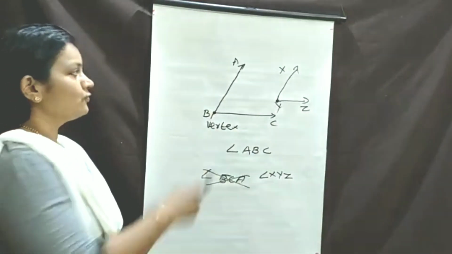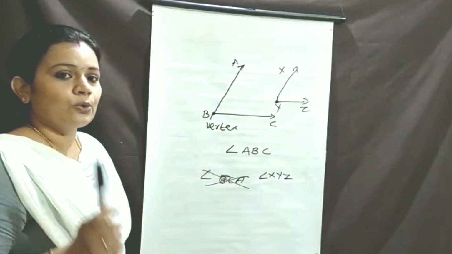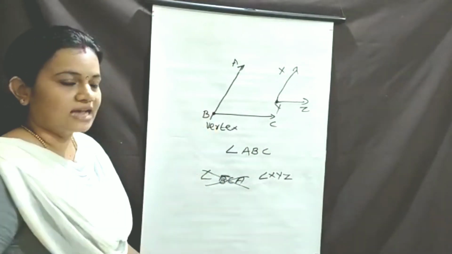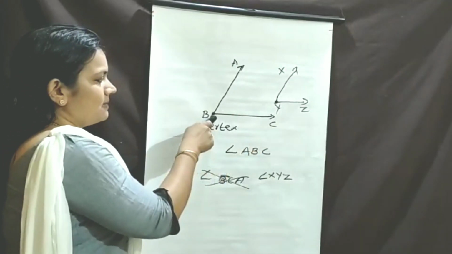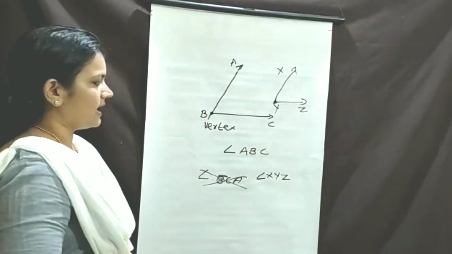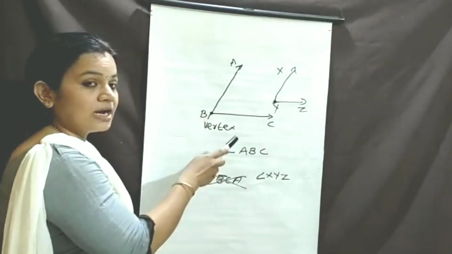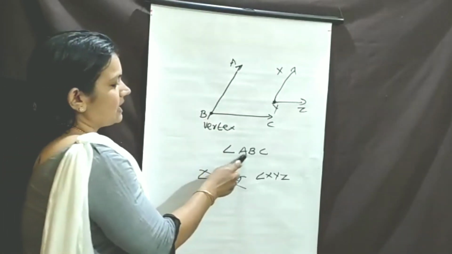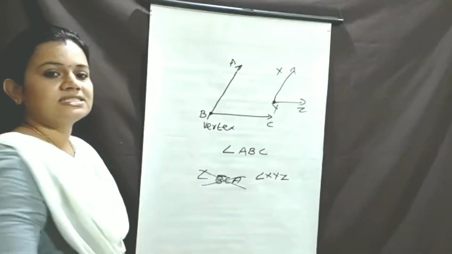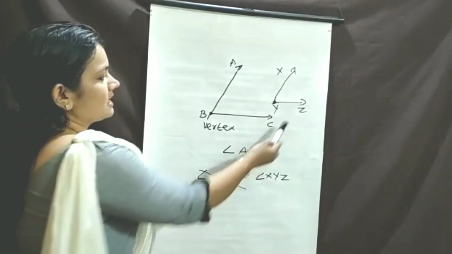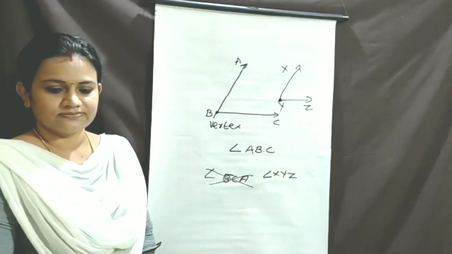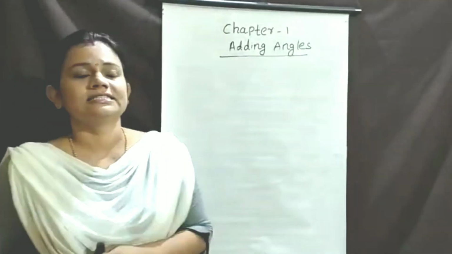Then how do we form an angle? The angles are the union of two rays with the same end point. Simply we can say two rays meet at the same end point. That way we can make an angle. Next, the naming of an angle. First write the angle symbol, then write ABC. Always remember the vertex goes in the center. Then angle XYZ. Understood? Okay.